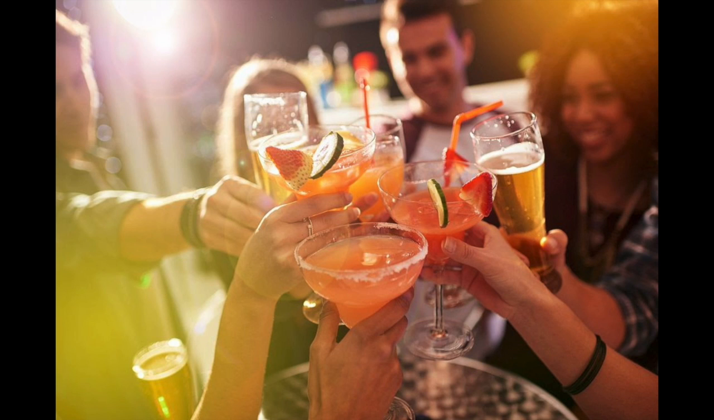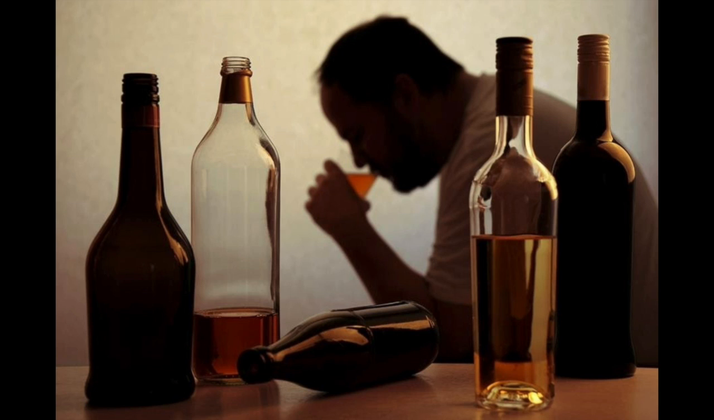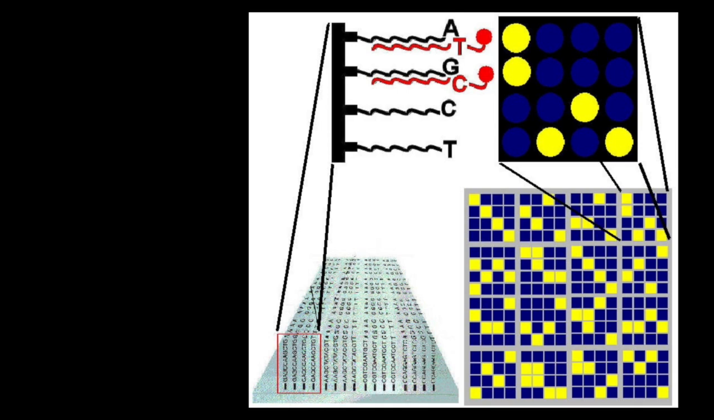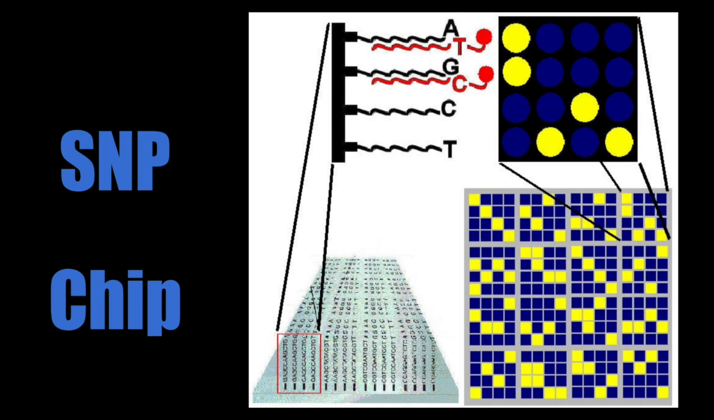Are you surrounded by people who like to drink? Are you worried you may be at risk for developing an alcohol addiction? Do you have a family history of alcohol or drug abuse? We are here to help. With our SNP chip test, we can analyze your DNA to see if you have an increased genetic factor in